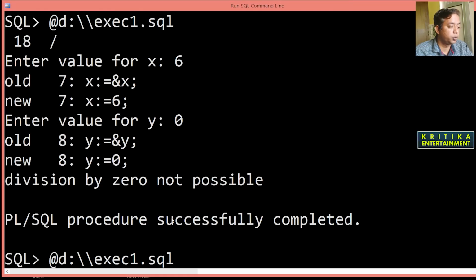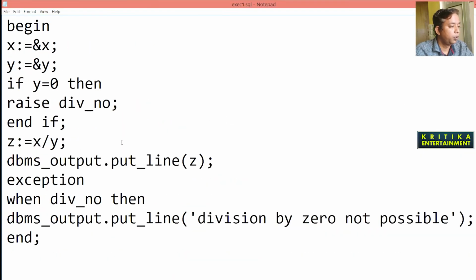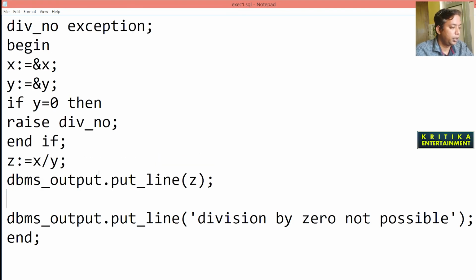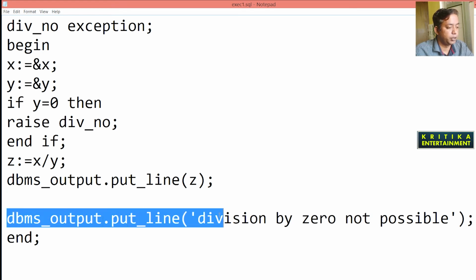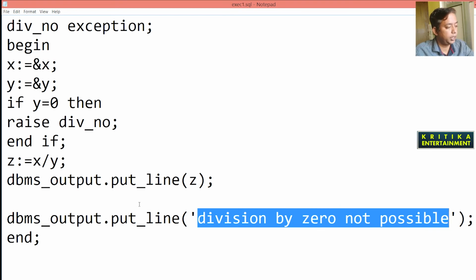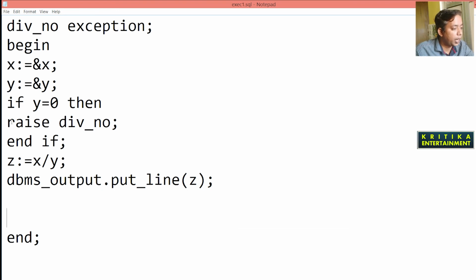So I'll remove this, and just copy this line and remove the rest. Here you can write directly RAISE_APPLICATION_ERROR.